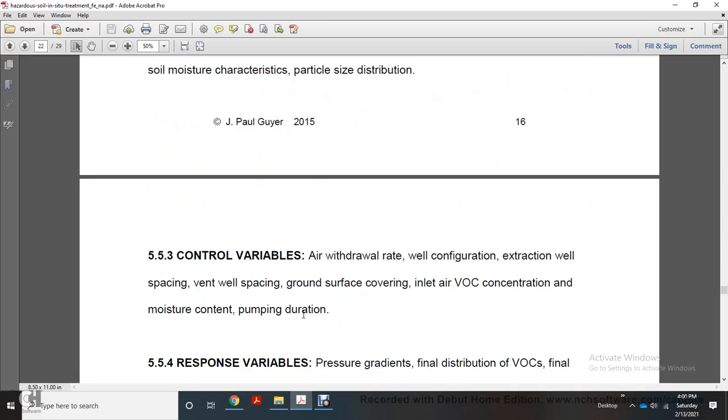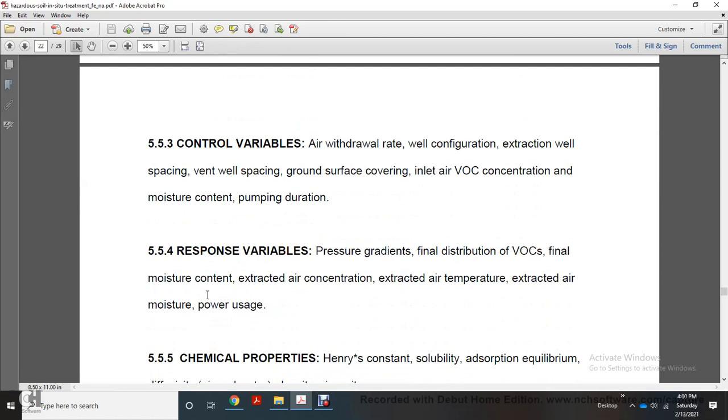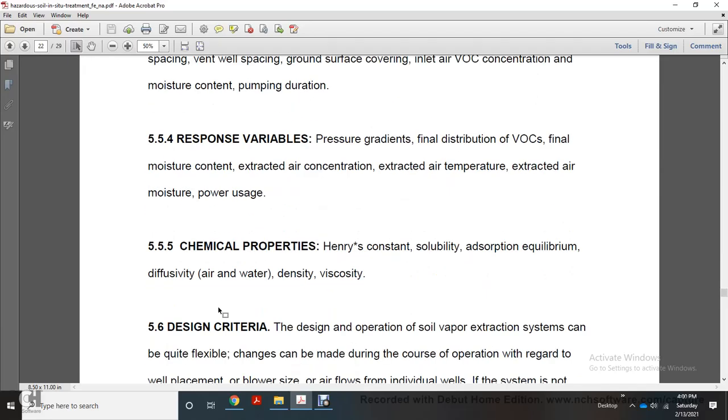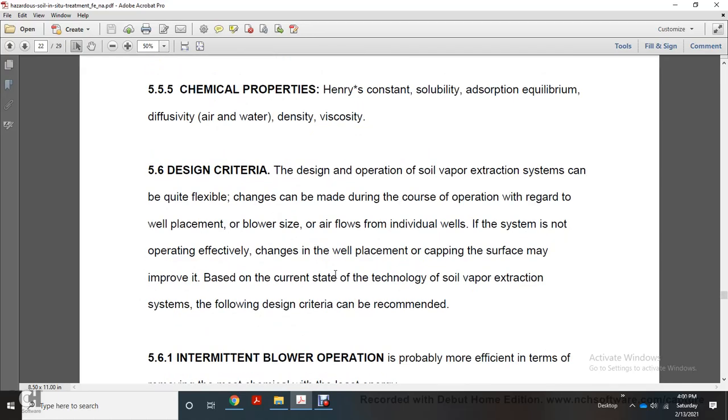Controllable variables include air withdrawal rate, well configuration, extraction well spacing, vent well spacing, ground surface covering, inlet VOC concentration, moisture content, and pumping duration. Response variables include pressure gradient, final distribution of VOCs, final moisture content, extracted air concentration, extracted air temperature, extracted air moisture, and power usage. Chemical properties include Henry's constant, solubility, adsorption equilibrium, diffusivity, air and water density, and viscosity. Design criteria: the design and operation of a soil vapor extraction system can be quite flexible, changing over the course of the